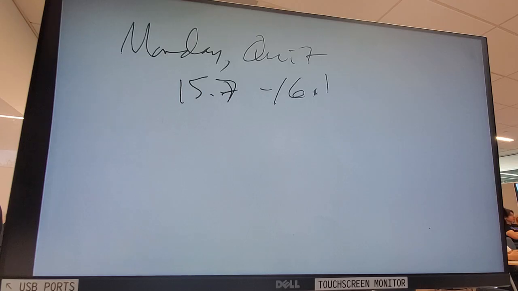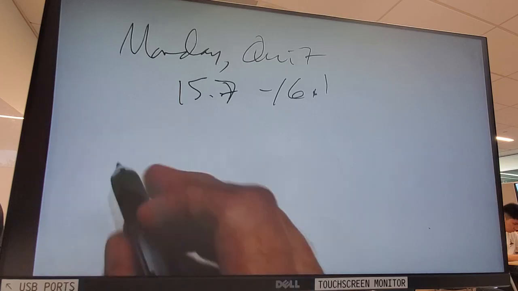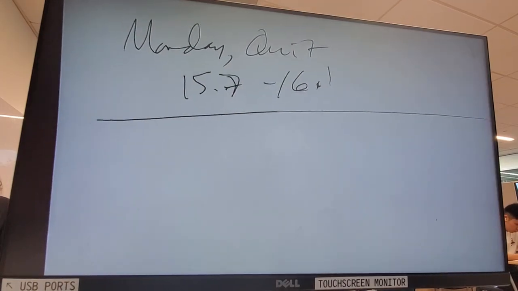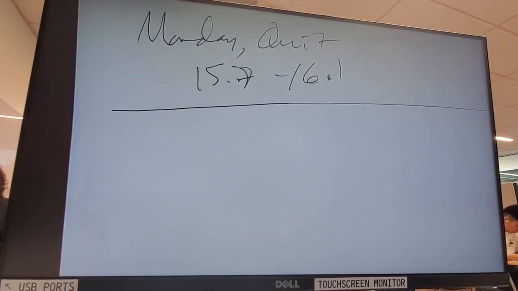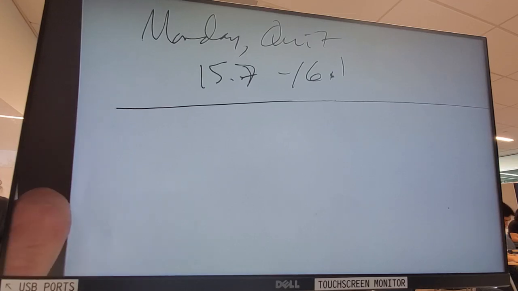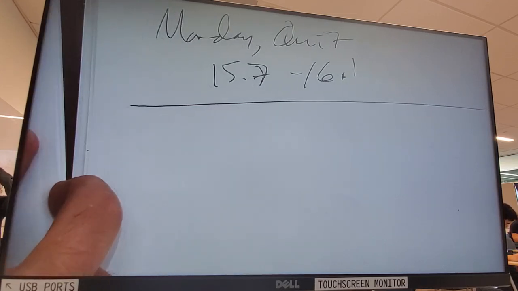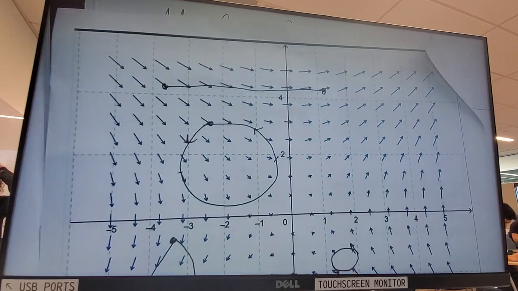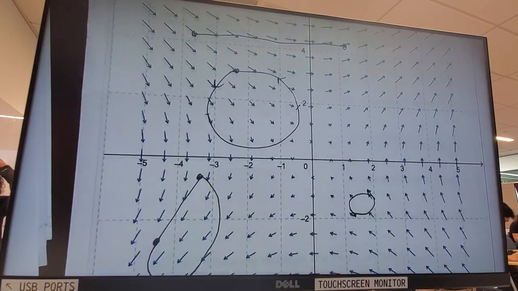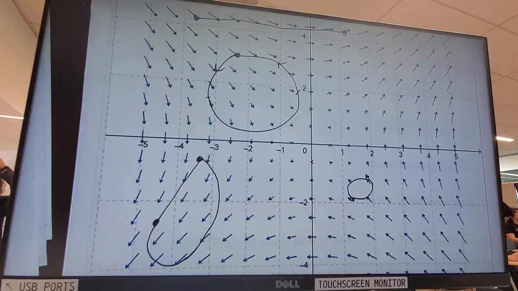Has anybody gotten to chapter 16 yet? Tried anything out from there? No? Okay, I appreciate the honesty. So, the vector field stuff, let me see. Should I give you this? Not yet. Here's an example of a little vector field I was playing around with that we're going to look at later today. I changed it up a little bit.